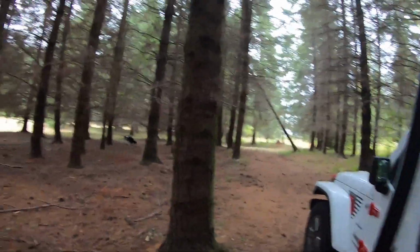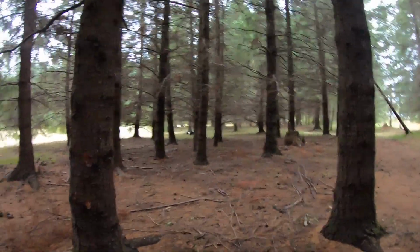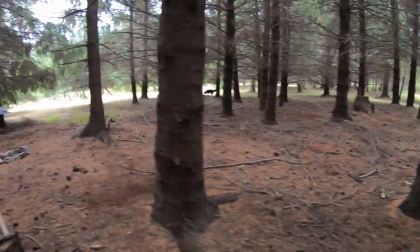Well, hey everybody, I am out here at my campsite for the Camp Challenge Alliance. I actually stayed out here last night, me and my son both did. As you can see, there's a lot of debris out here, so we're gonna have to do a lot of